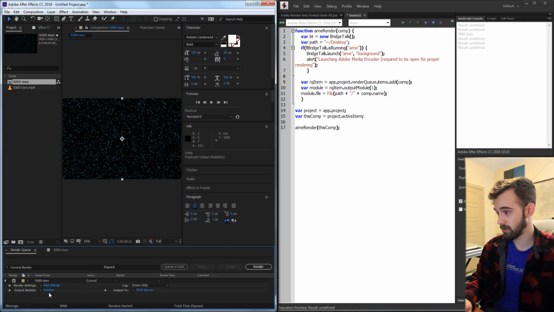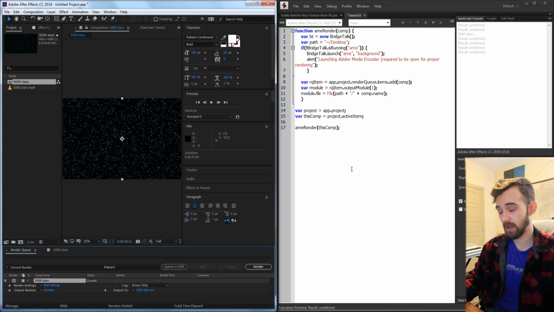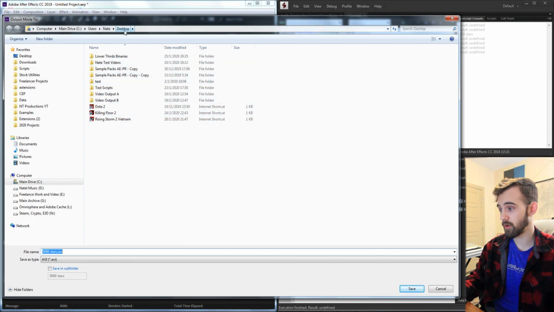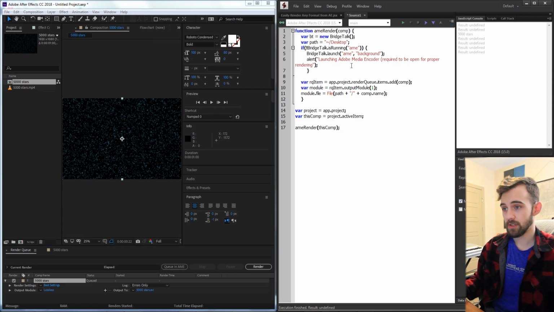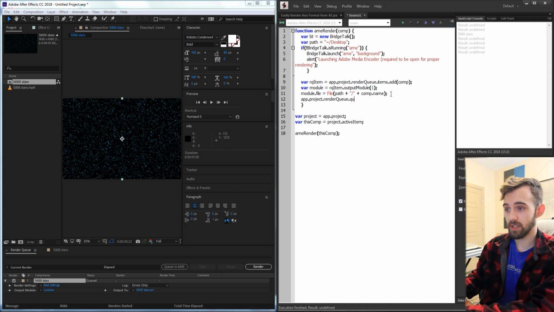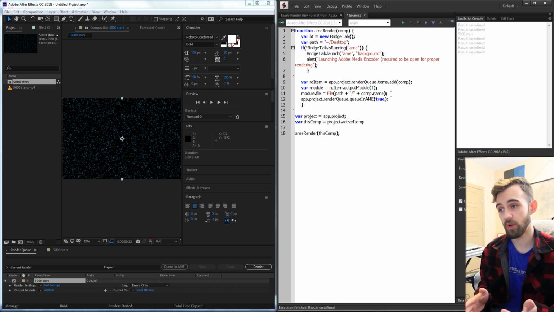So now let's go ahead and run this and see how it's working. Go ahead and select our comp and run. So now it's been added to the queue, and if we click on this to see where it's been saved to, it's now pointing to our desktop, and it's using the composition name as well. So the last thing we need to do, the last line of code, is to say app.project.renderQueue, and we're going to use the action called queueInAME. And then we can also tell it true or false whether we want it to initiate the rendering process or